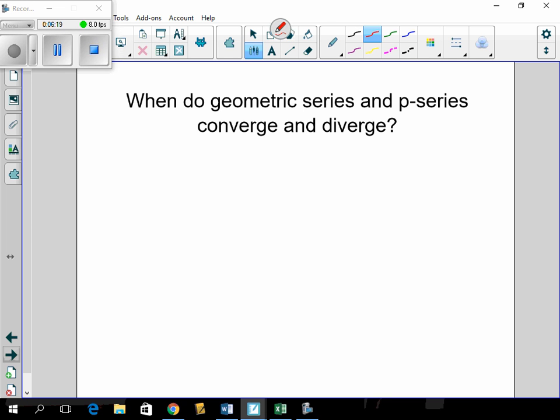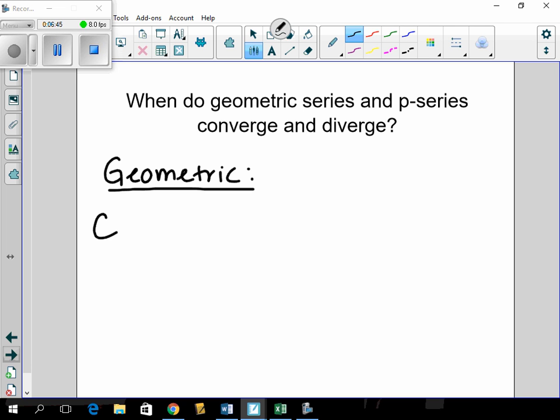We're going to talk about when geometric and p-series converge and when they diverge. These series have certain convergence and divergence criteria that we can use to easily tell, for any given series that is a geometric or a p-series, whether it's going to converge or diverge. So for geometric,